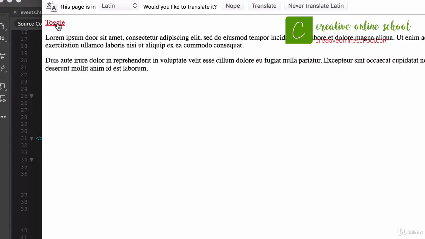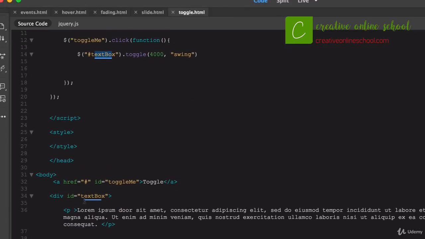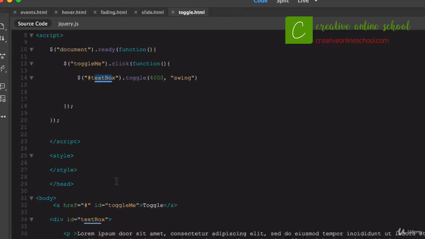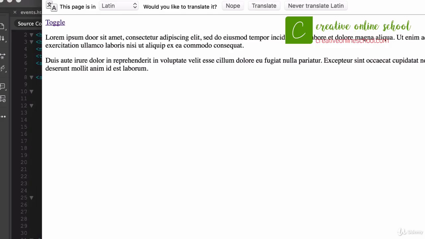All right, so I've got all this text, I've got toggle. All right, so that's not working. Let's see here. What did I do? ID equals text, ID equals toggle me. Ah, right there, toggle me did not have the pound sign before it. I'm going to save that now. Come on back to my document, hit refresh. Now when I click on toggle,